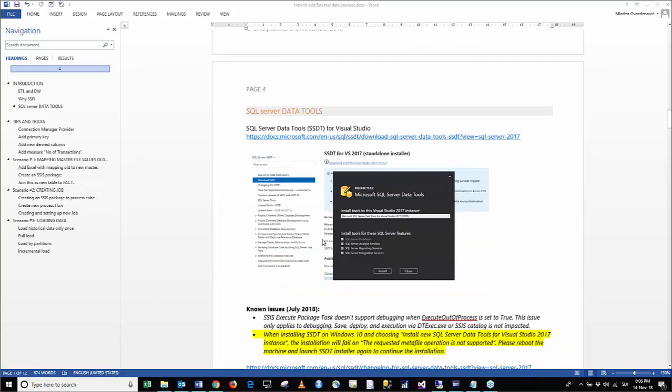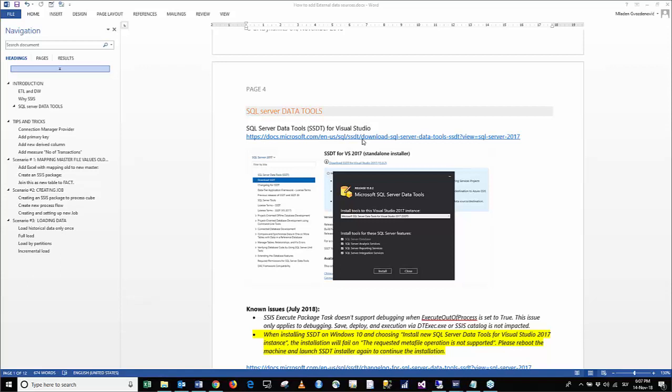So yeah, let's start with SQL Server Data Tools. This is the tool that we will be using for importing data from one source into another, to create SSIS packages. And this is a free Microsoft tool. The hyperlink on how to download this tool is here. You'll be able to use my handout after the session. I'm sure we will append this document, maybe even during the session, to the